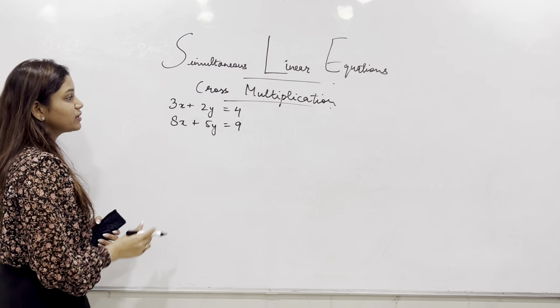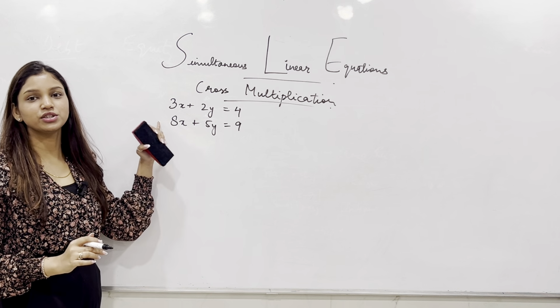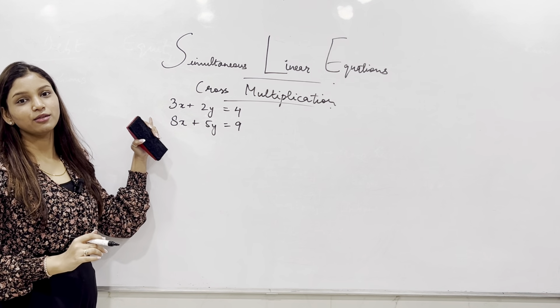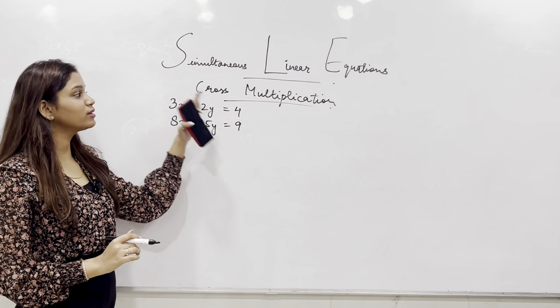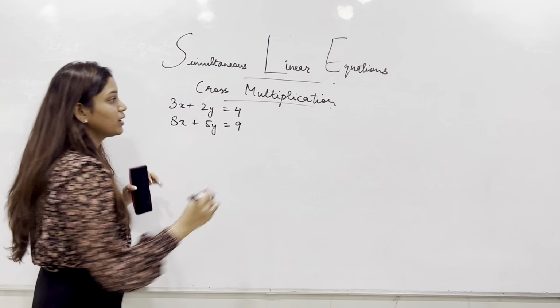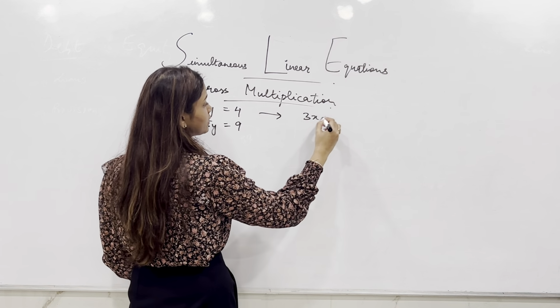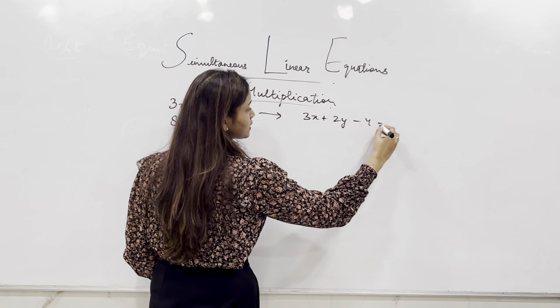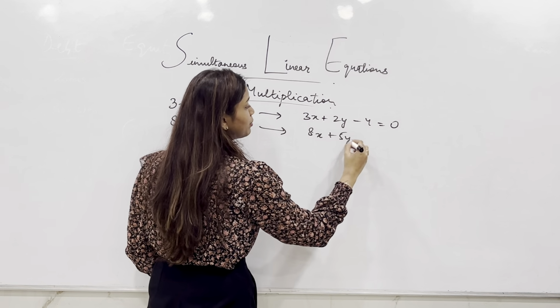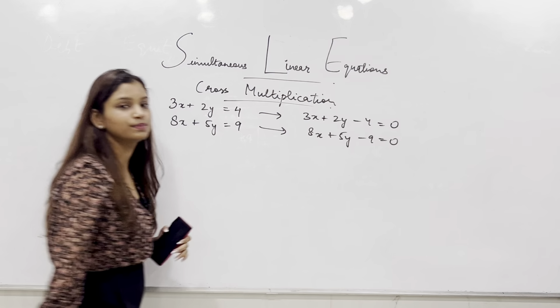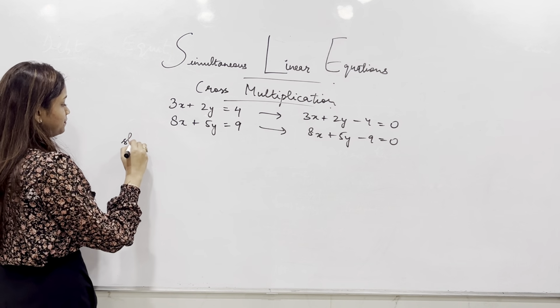Okay, so first of all we have to write these two equations in their general form. अब general form कौन सी थी जिसमें a, b और c all three of them are on the same side of the equal to. So which means this is going to be 3x plus 2y minus 4 is equal to 0 and this is going to be 8x plus 5y minus 9 equal to 0. ठीक है. Step 1,